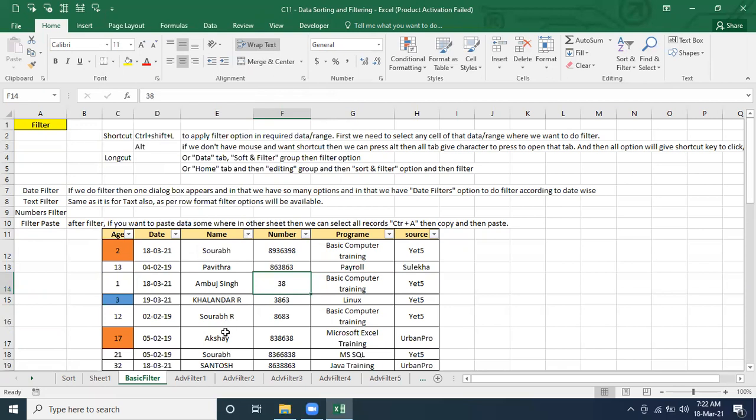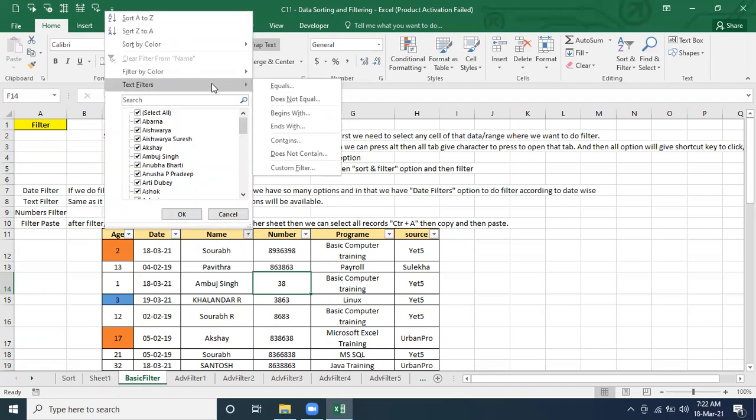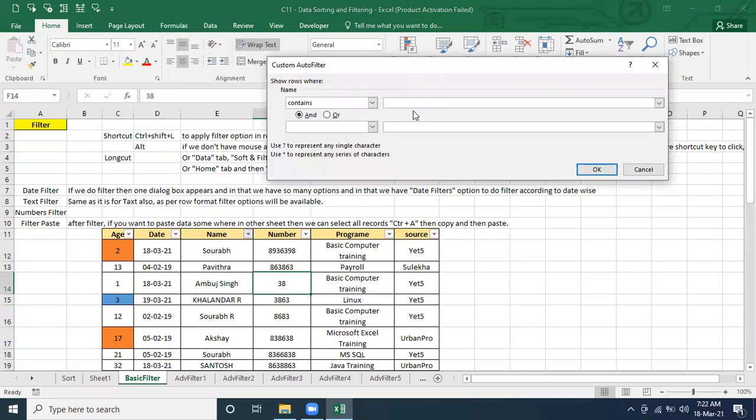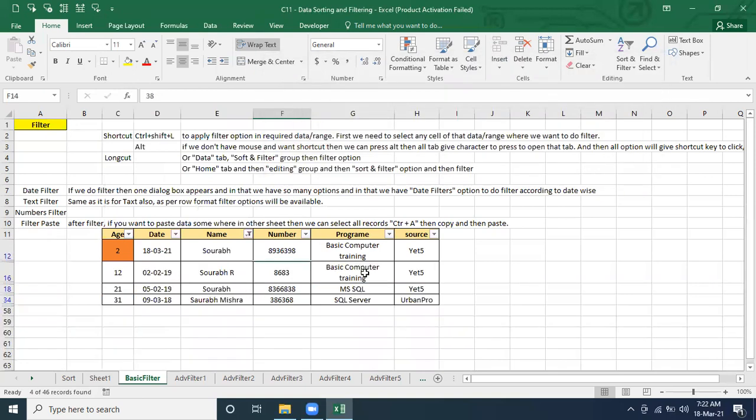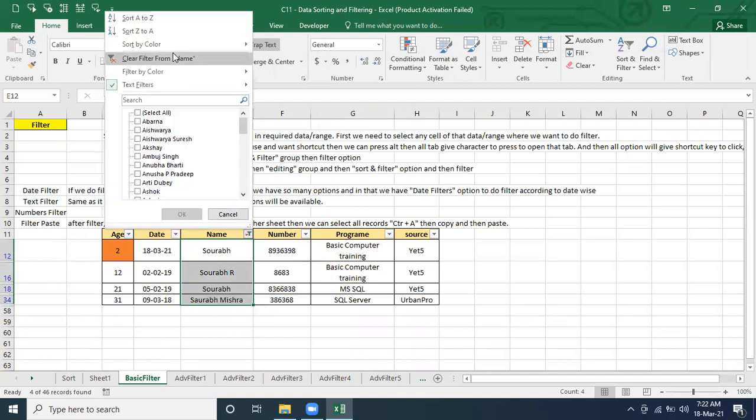You want to see those records which contain RABH. Maybe there are chances in some other places also. So let's see, contains with RABH. There are only four records which contain this word RABH. Clear?